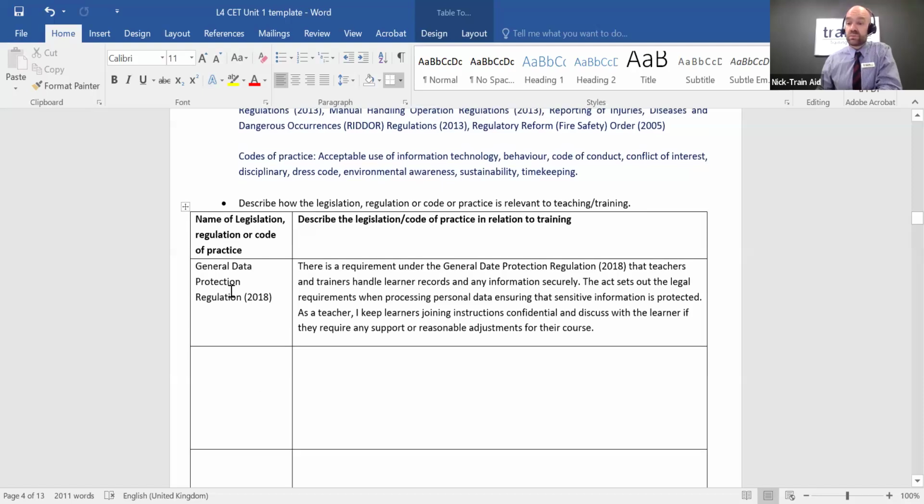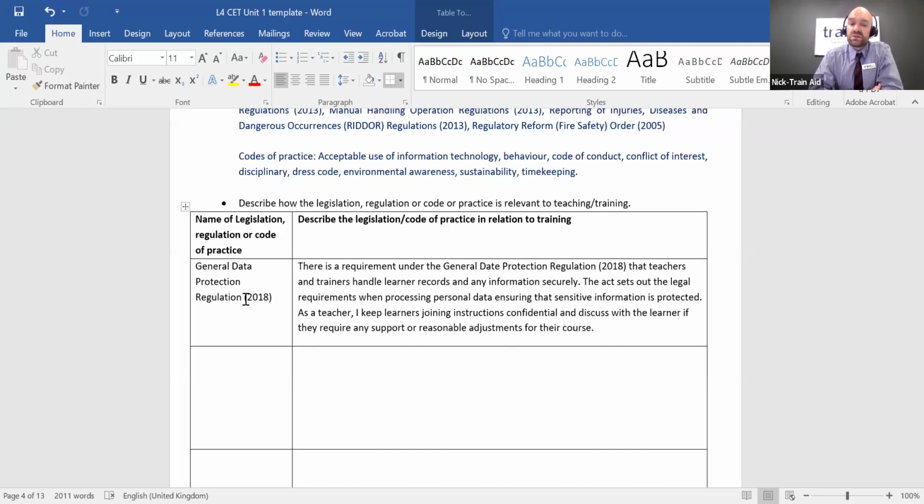So the name of my first legislation is GDPR, otherwise known as Data Protection Act. So GDPR, General Data Protection Regulation of 2018. We just need to describe the act and also how this applies to your own teaching practice as well. So I'll just have a read of mine.